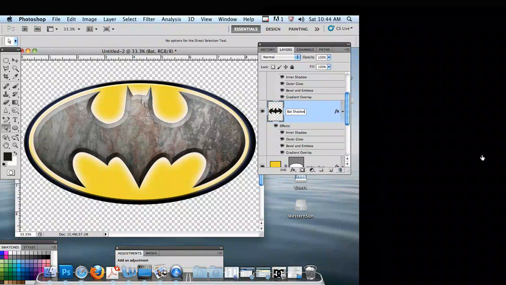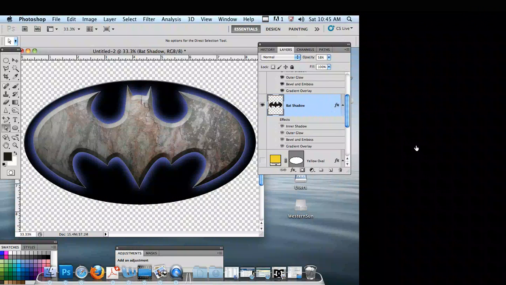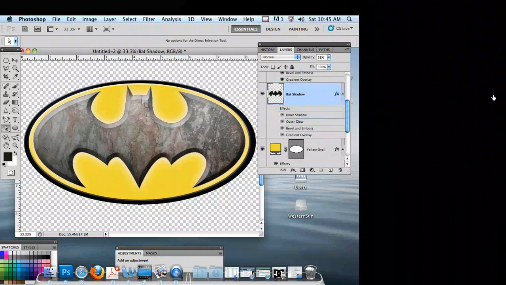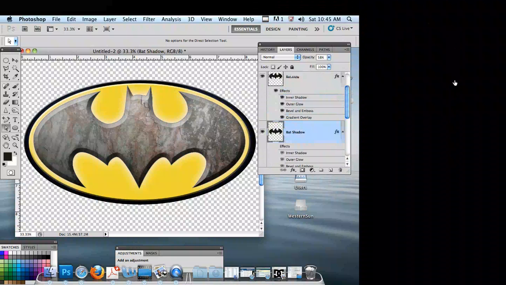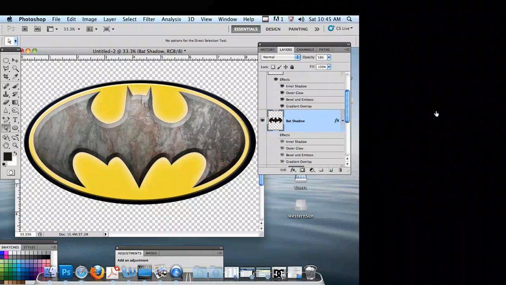How did you copy it? I just dragged it down to the new layer icon. And then I'm going to go ahead and take off all these effects. I'll lower the opacity a little bit on this. And let's see if I can move it. Are we doing a drop shadow? No, you can't do that one because we have to modify it. Okay, which shadow are we doing? You just copy the bat shape. Okay? And I dragged that down to the new layer icon, and then I turned off all the effects on